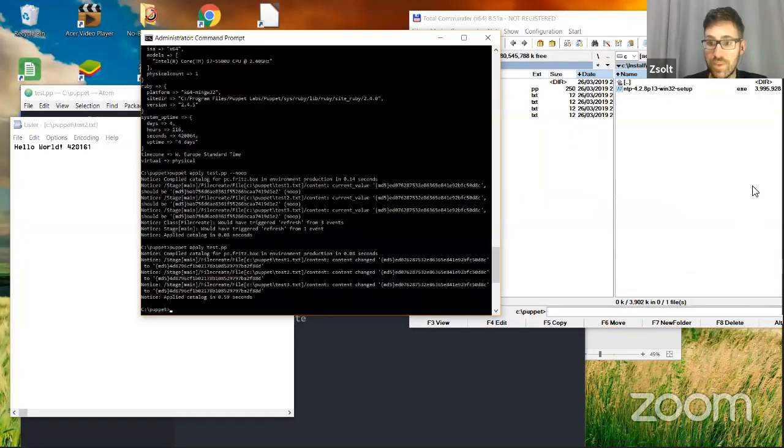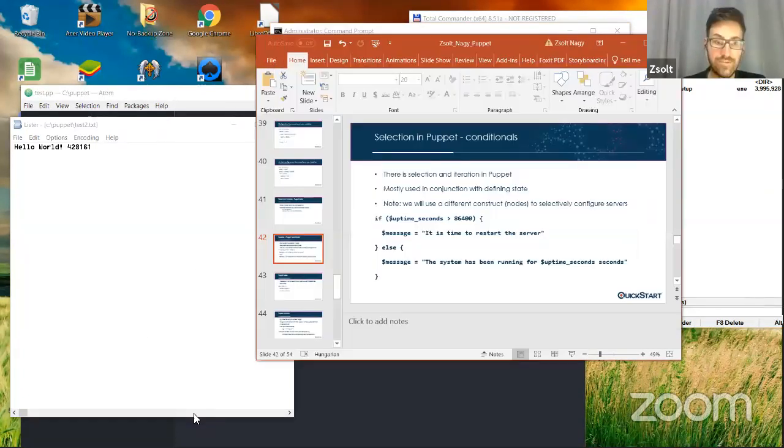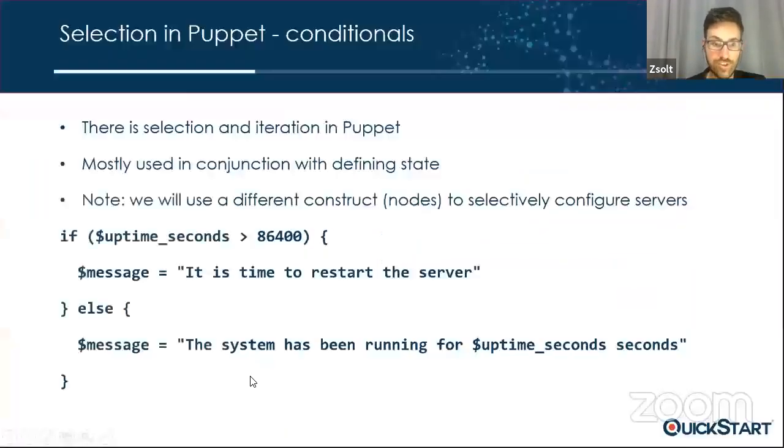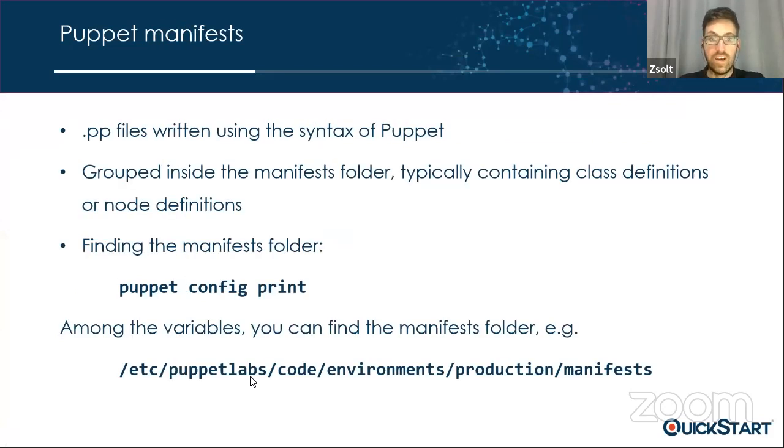So let me continue. You can even add an if-else in this way. Most programming languages have this if-else structure. It's nothing major. So Puppet nodes. I mentioned that there are different computers, and you can identify them with the node name, and you can specify which classes to include. This is how the Puppet configuration is maintained eventually. Manifests are the PP files that we execute. So you have different manifests that even come with Puppet. This is one other thing.